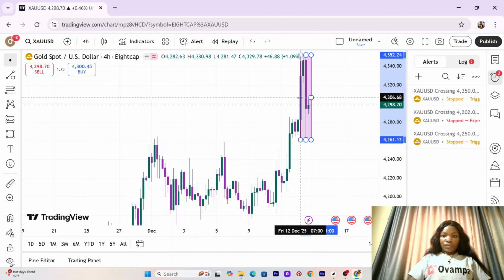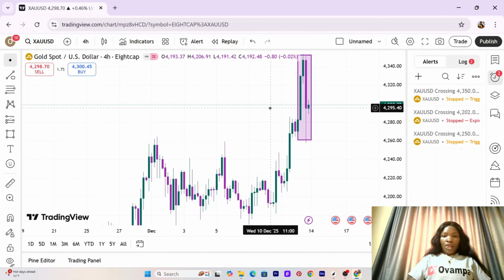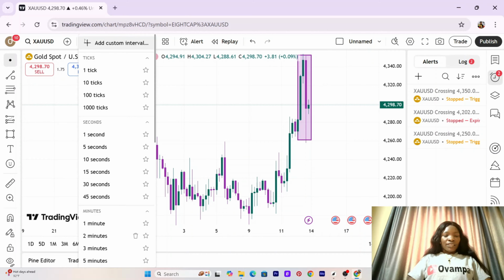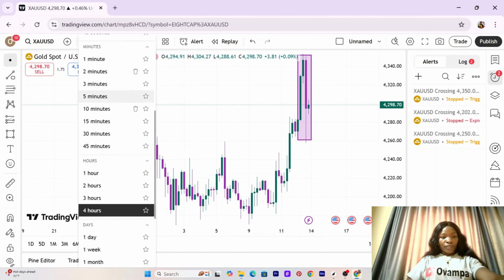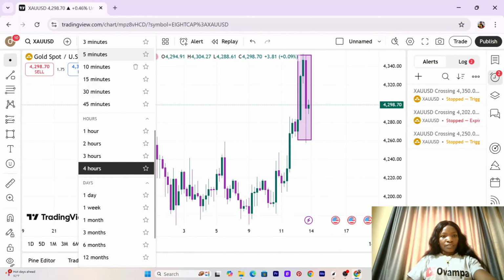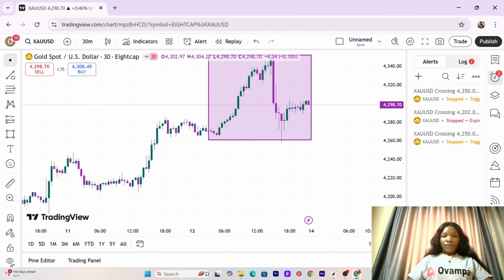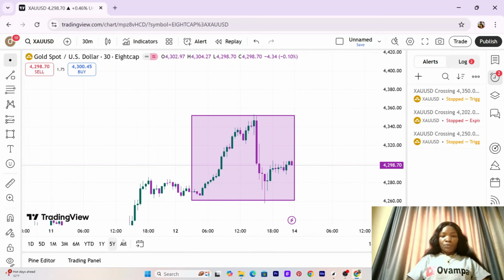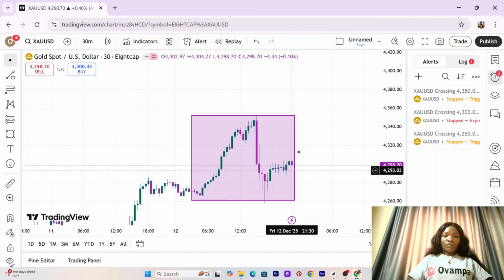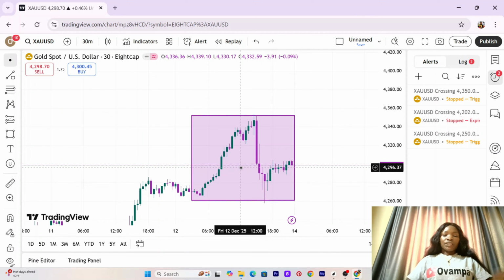Okay, so let's see if you are right about where you are going to be making your entry on the lower time frame, like the 30 minutes. So checking the time frame, let's take the 30 minutes time frame right here. All right, so that two lines you saw on the 4-hour time frame, we opened 30 minutes time frame, and this is it, because you know that